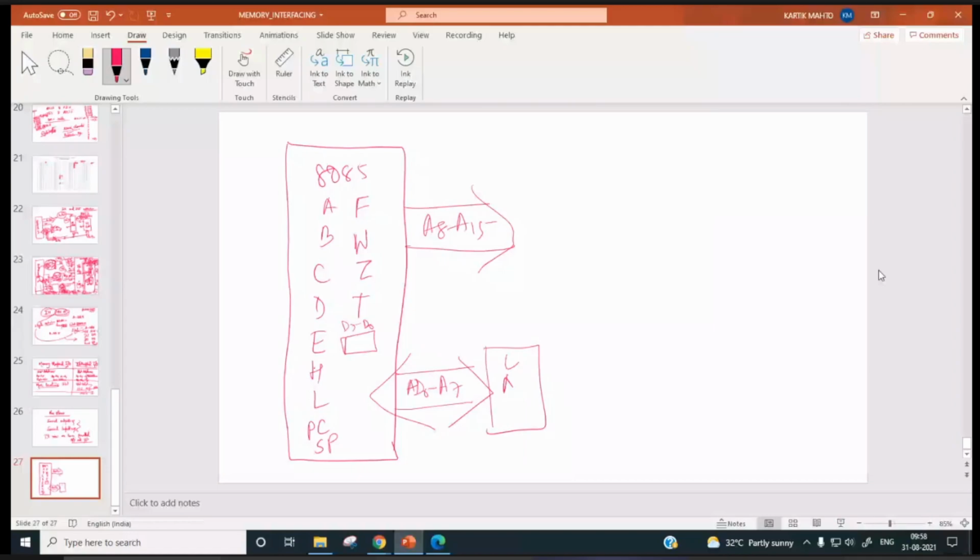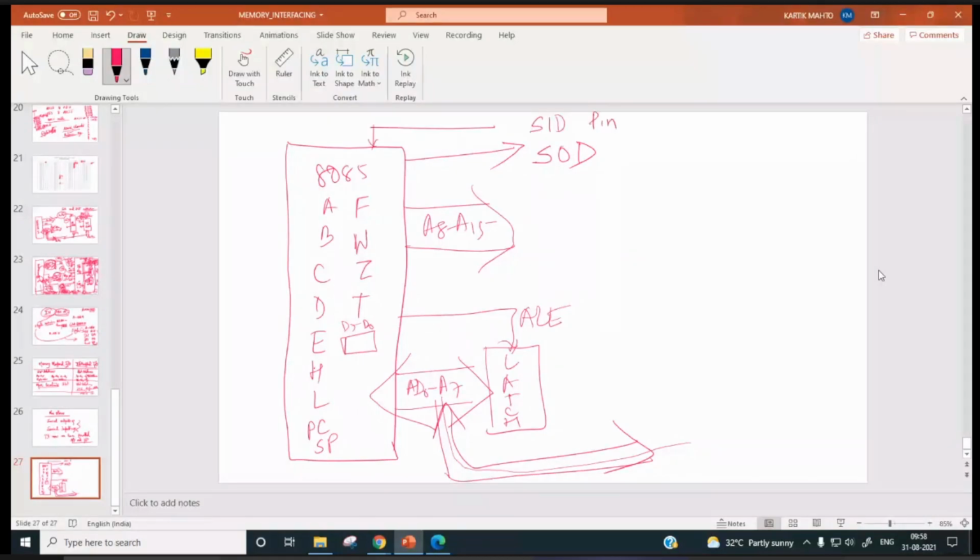And this way data is outputted parallelly. Similarly, data is also inputted parallelly via AD0 to AD7. Now serial outputting is done via the SOD pin, and serial inputting will be done via the SID pin.